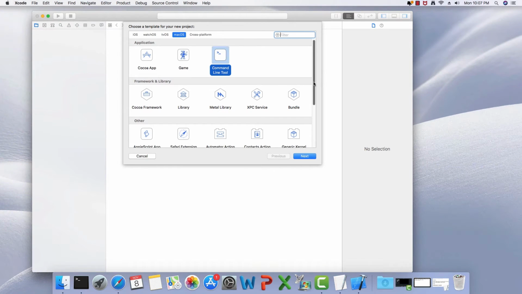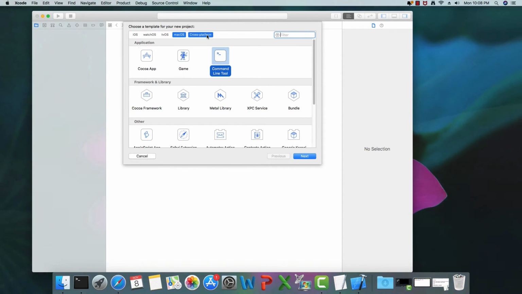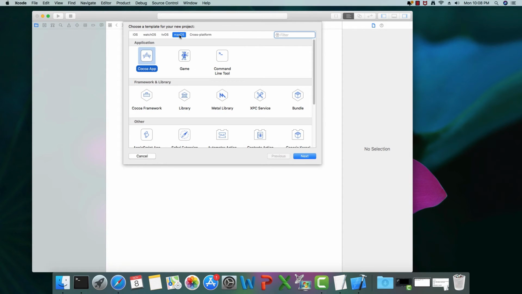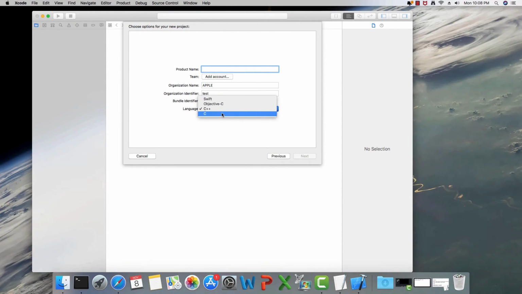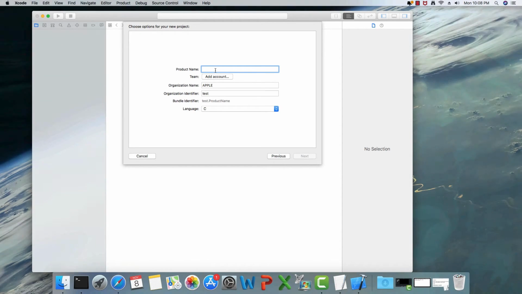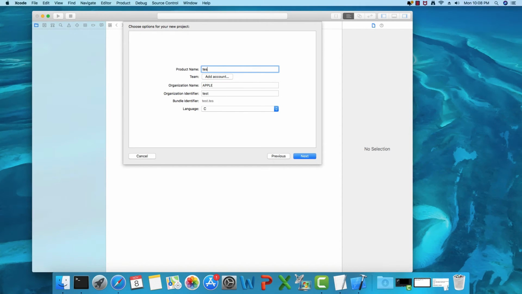Here we can choose what sort of project we need to create. I'm going to say macOS and command line tool. Next is the language. I'm going to use the C language, and the product name is test. And I'm going to click next.